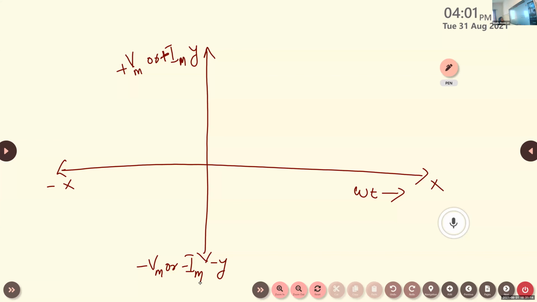Graphical representation of AC voltage through resistor. Here we consider the phase angle omega t along the x-axis and the alternating source of voltage and the alternating current is taken along the y-axis. Here we have 0. Then the next phase angle is 90 degree, then 180 degree, 270 degree, and 360 degree.